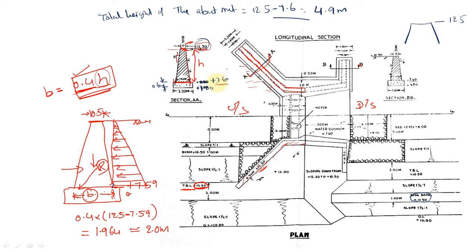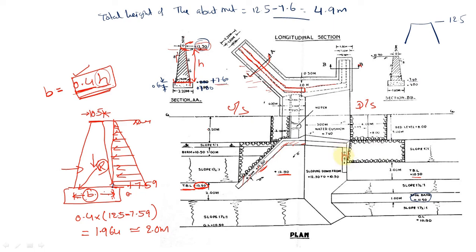How will the height of the wall be fixed? Based on the foundation level and top TBL. And the remaining is this one. So this is a sloped wing wall. Here the elevation is changing from plus 12.5 to 10.3. Here you can see this is 10.5. TBL on the upstream side is 10.5. It must be 10.5, not 10.3.